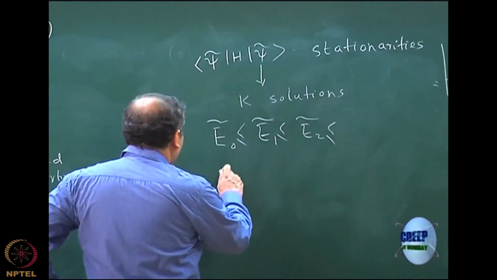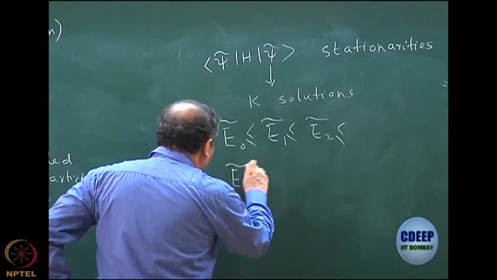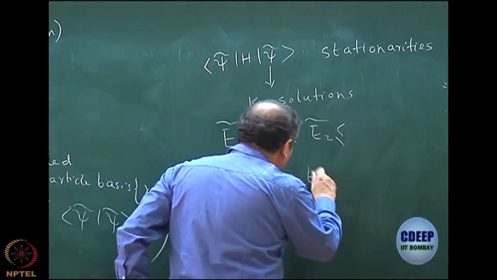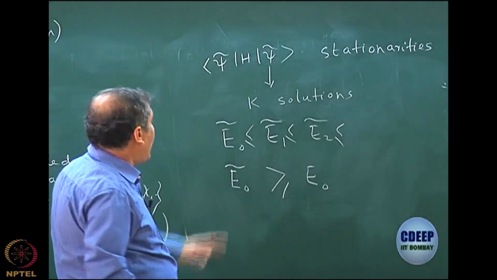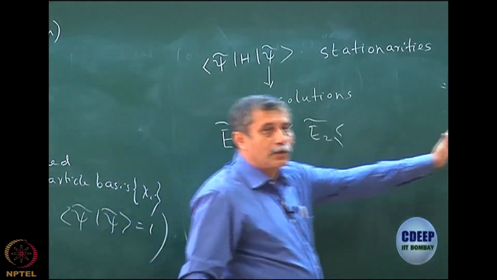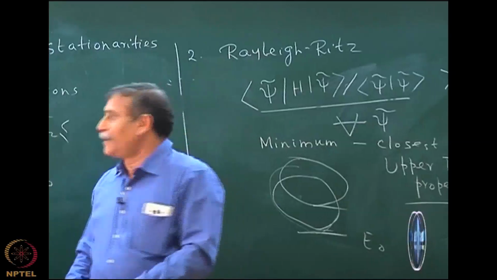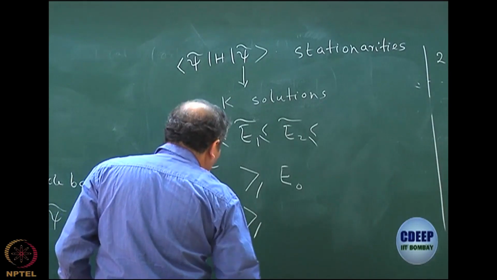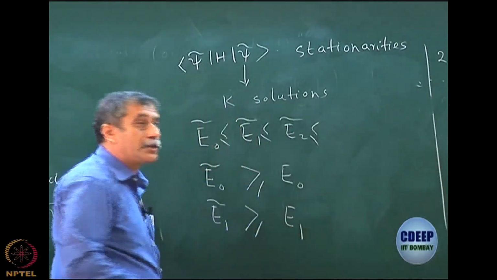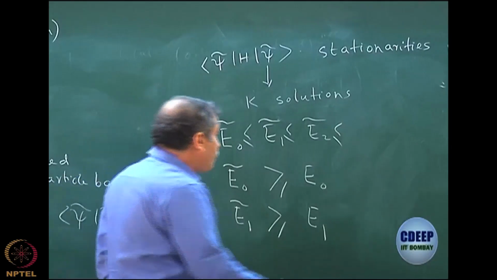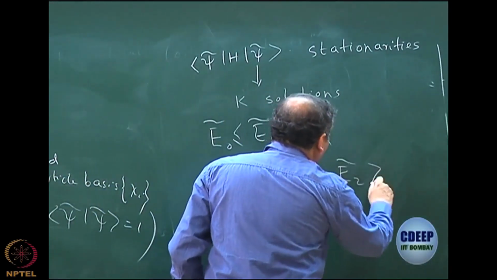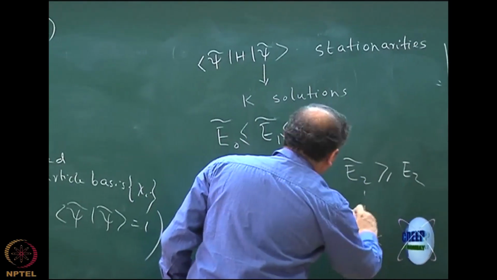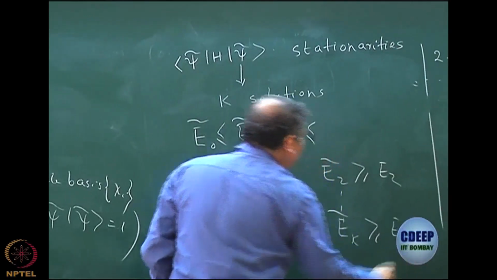What is interesting to note in this case is that obviously E0 tilde, which is the lowest among the solutions, is going to be greater than E0, and all others are also going to be greater than or equal to E0, which is needless to say. But what is more interesting is that the second solution E1 tilde is also going to be greater than or equal to E1. And in fact, if I go forward, E2 tilde will be greater than or equal to E2 and so on. So finally Ek tilde would be greater than or equal to Ek. This is remarkable